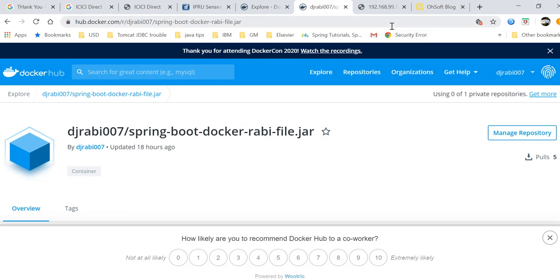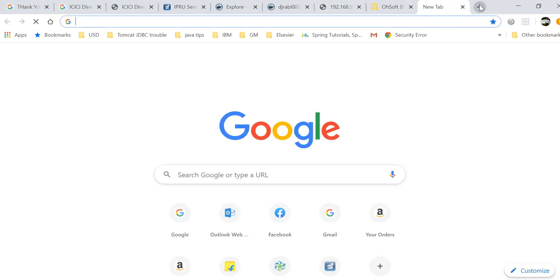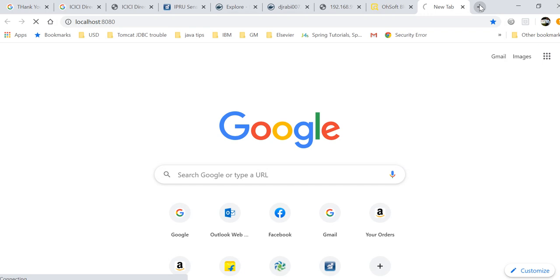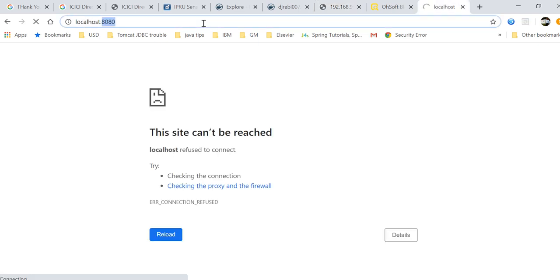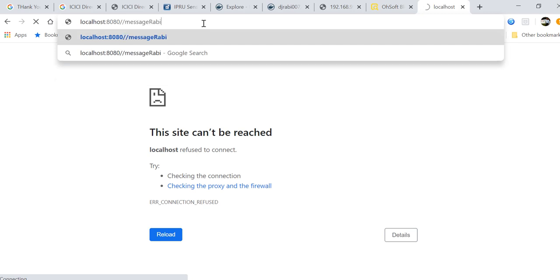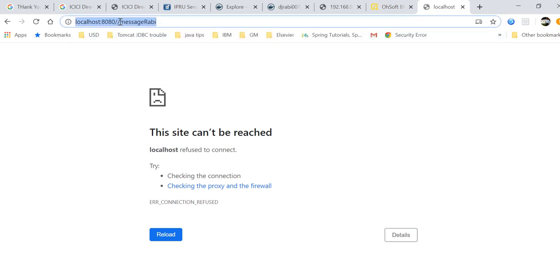Okay, and here you see that on 9094 it's running. And if you see localhost 8080, it's not running. So I am not running anything on the local port, it's running on the Docker.